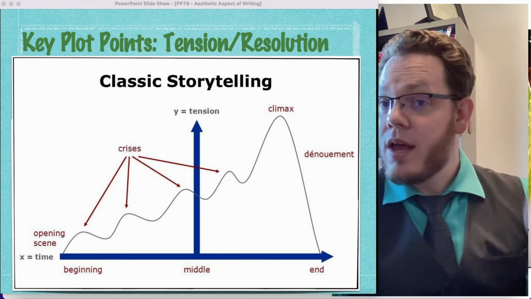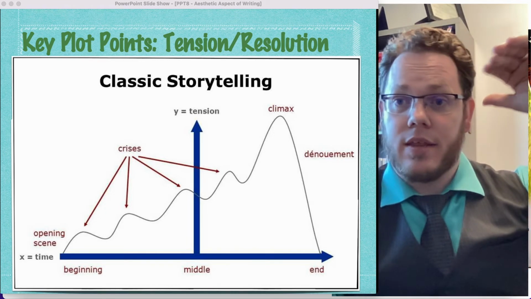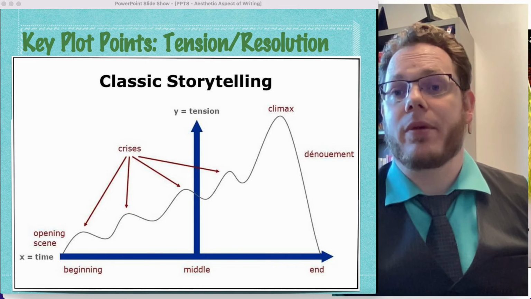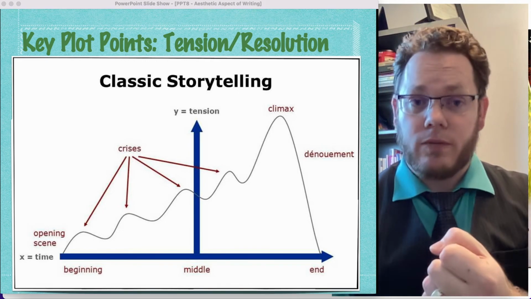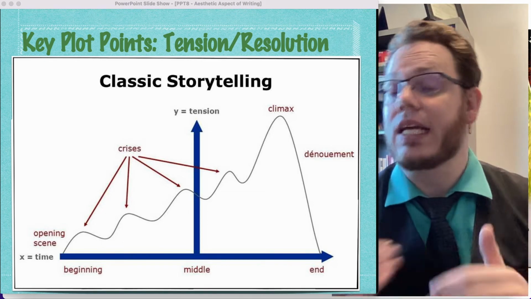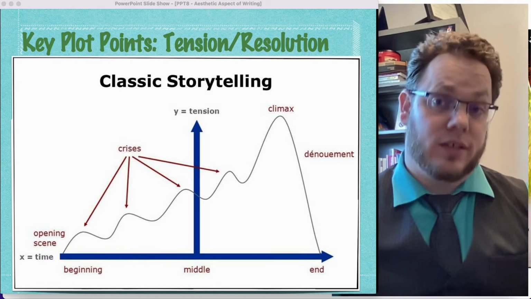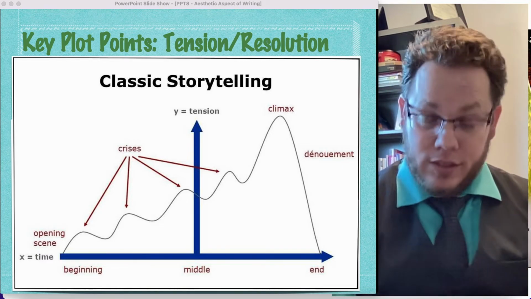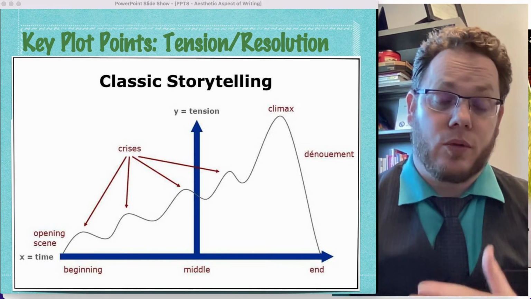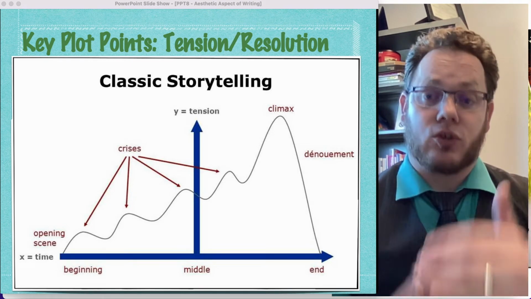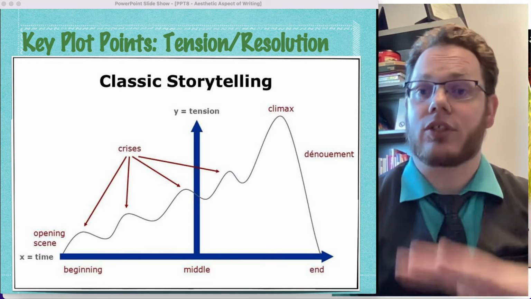There's a clear opening. There is a series of circumstances that get more and more intense as you go, and then there is ultimately a climactic moment or event where either the promise is resolved, the problem is solved in some way, shape, or form, or it's not, and the reader can clearly tell why. Sometimes the failure is part of that meaningful moment, and so that promise in the beginning, as long as the reader can track with the writer on why that might have changed or the goal might have shifted,